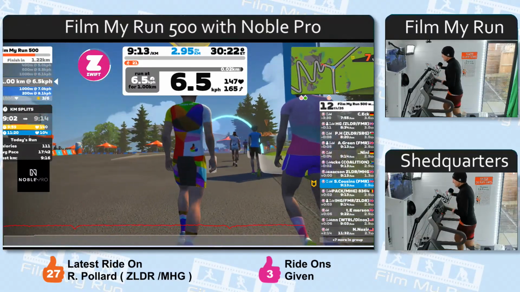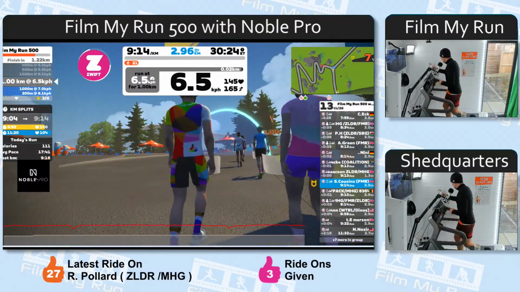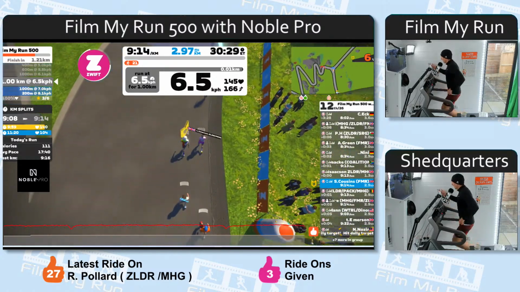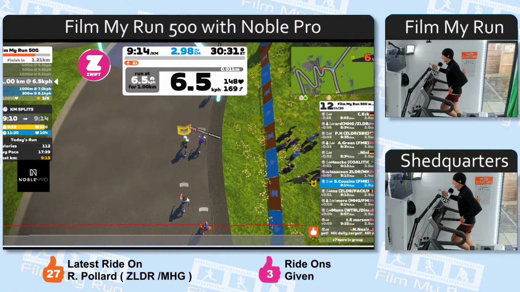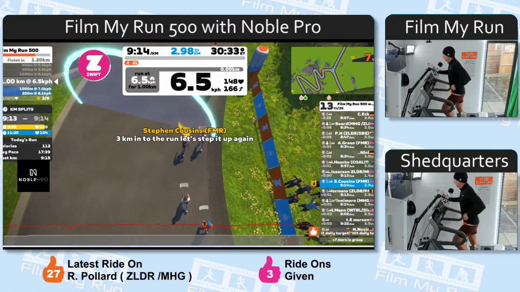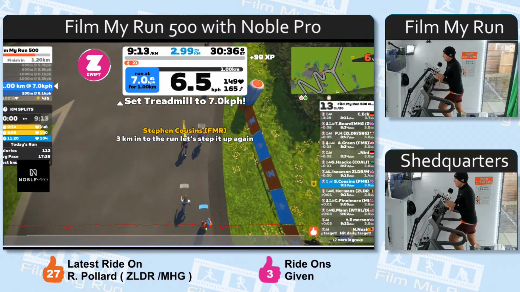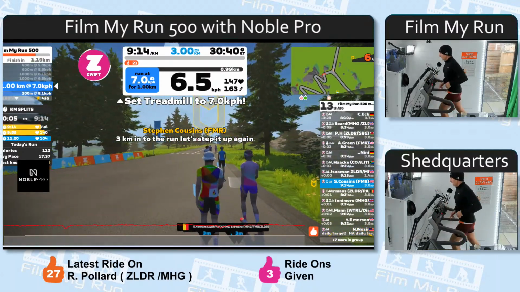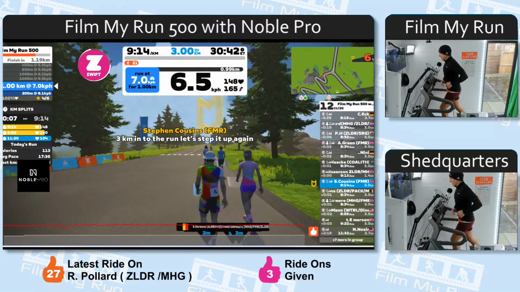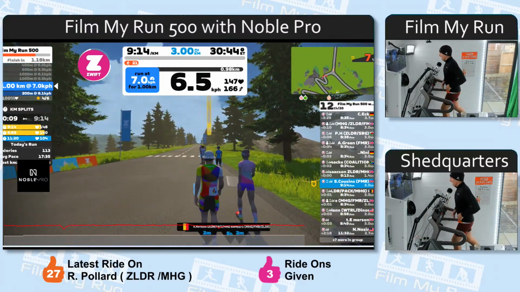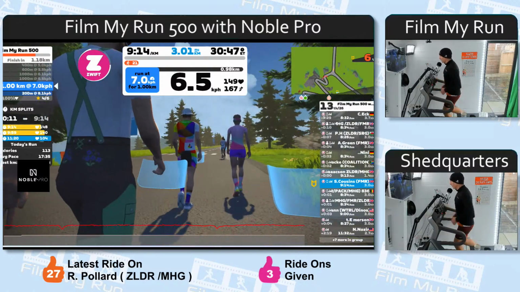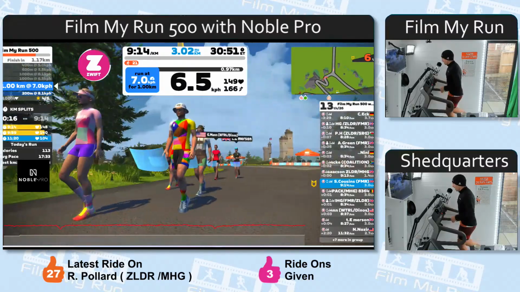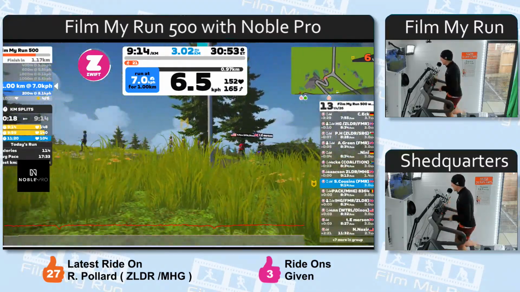Okay, coming up to the next change now. 3 kilometers in to the run. Let's step it up again. So here we go. And Tina has the joy of her treadmill automatically increasing speed, so she can just concentrate on running and being safe on the treadmill without having to think about other things.